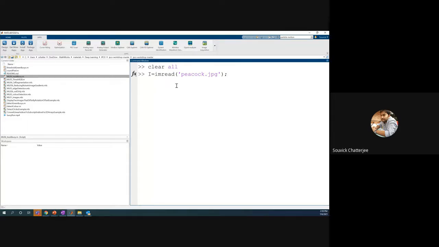It depends on how you want to do it. Thanks for that question about how to get an image directly from a website. I also talked about the datastore concept. Datastore is another way. If you look into imageDatastore, that is a command in MATLAB by which you can specify the location and it will take all the images. So if you have 1,000 images, you don't have to do imread for all of them. You can just say imageDatastore and specify the path, and all of them will be taken up. There are multiple ways depending on what you want to do, and we can see how that can be done best.